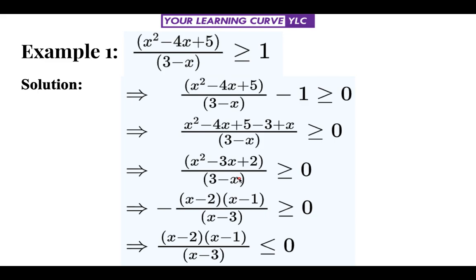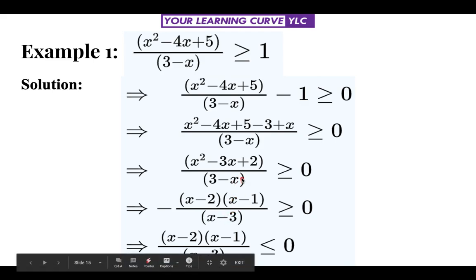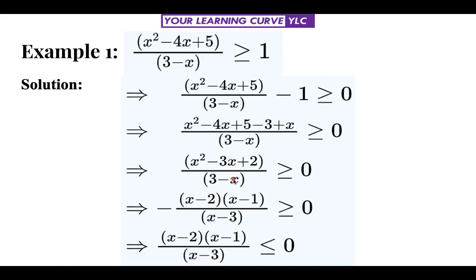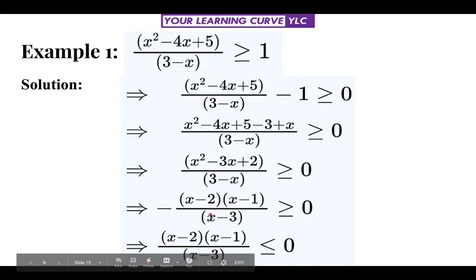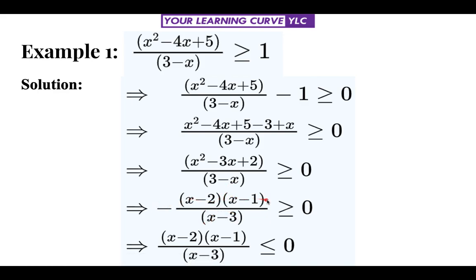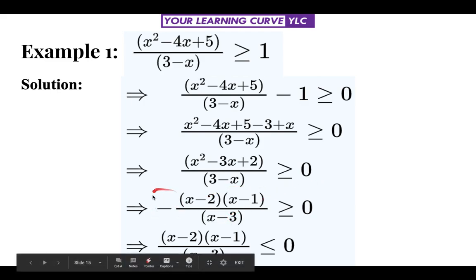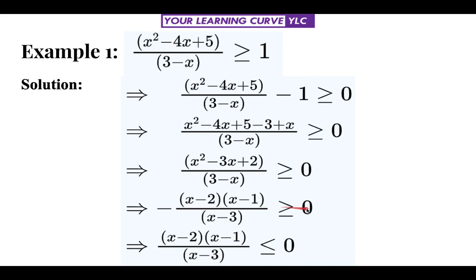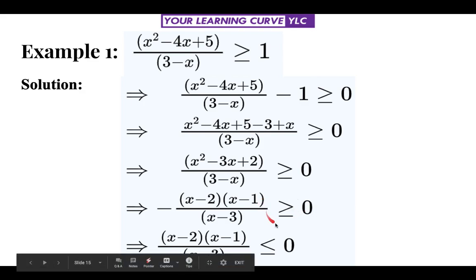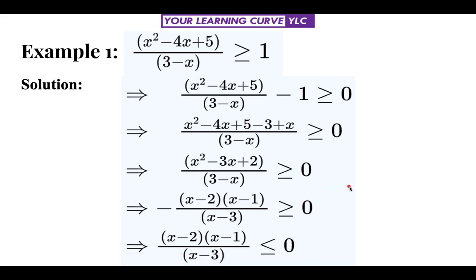The next step is to make the coefficient of all the variables involved positive. So here it is 3 minus x, so we will take out minus 1 common from this bracket. So it is minus times (x minus 2)(x minus 1) divided by (x minus 3). We will adjust this minus sign by multiplying the entire inequality with a negative sign, and this will change the sign of the inequality. Hence the inequality becomes (x minus 2)(x minus 1) upon (x minus 3) less than or equal to 0. We have to solve this inequality for less than or equal to 0.